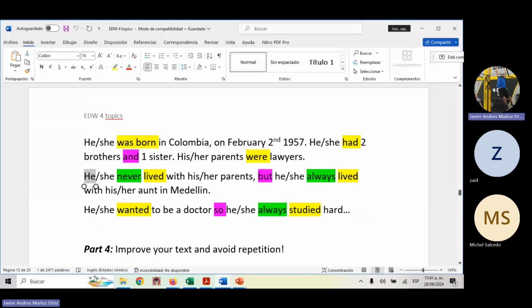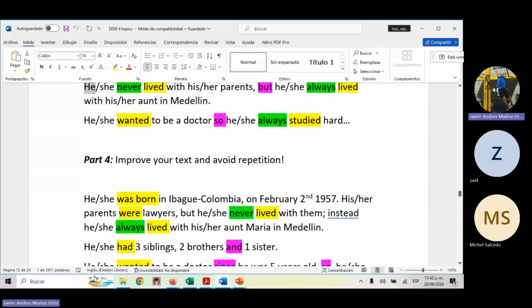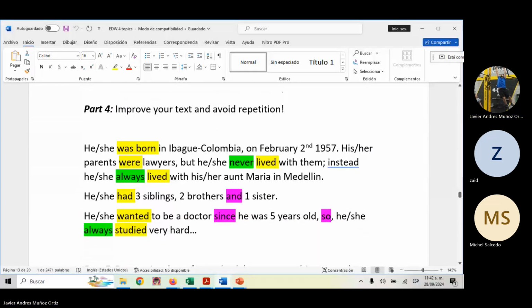And the last one, he wanted to be a doctor, so he always or frequently studied hard, right? It's different to say he studied hard than saying he always, frequently, normally studied hard. The context is more powerful when we use adverbs. And the fourth step to create a text is to avoid repetition in order to improve your text,